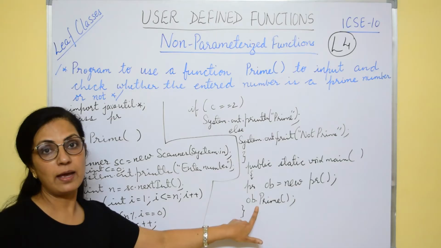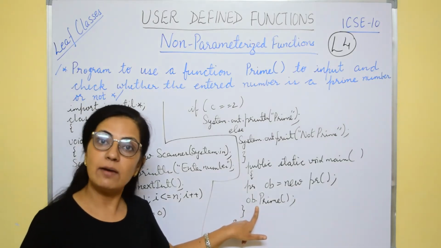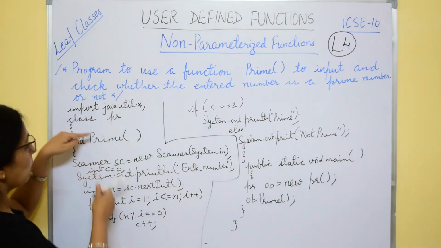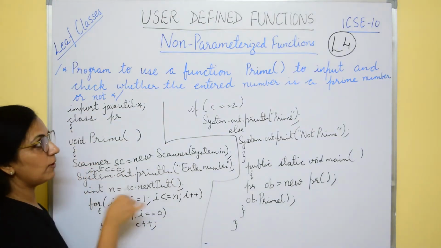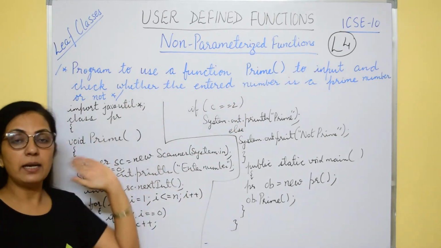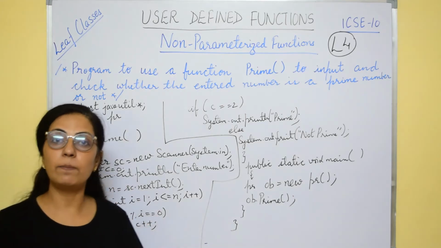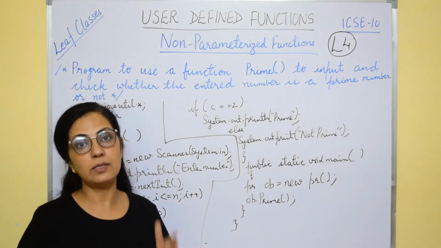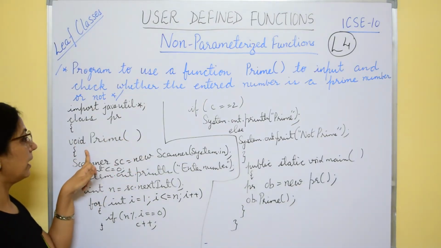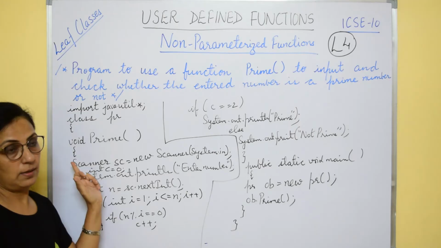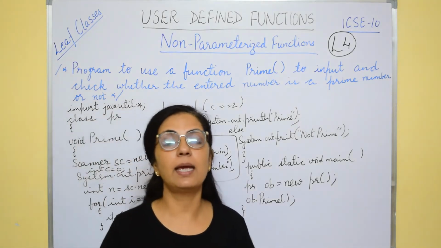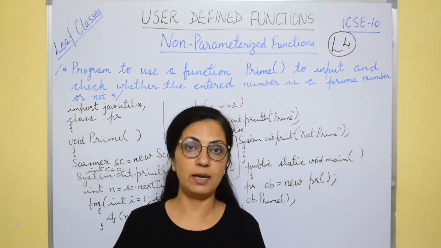In calling also I have used P capital because Java is case sensitive language, right? So here you will be writing the function definition according to the question. By reading the question we can make out that input and checking and printing is within the function, so it is not taking any argument, it is not returning any value. So void, please take care of this.